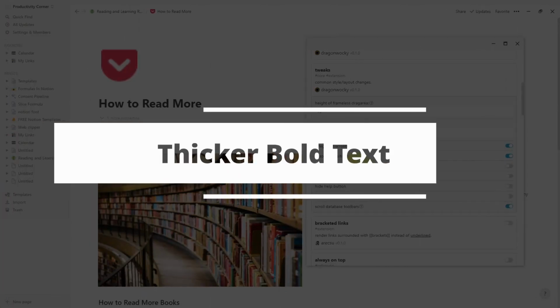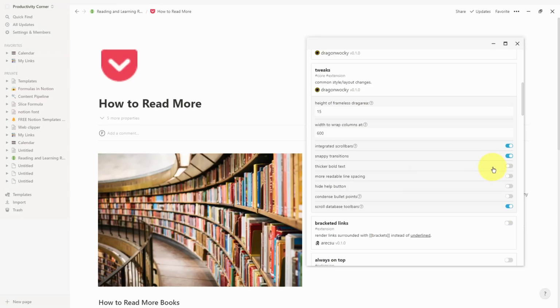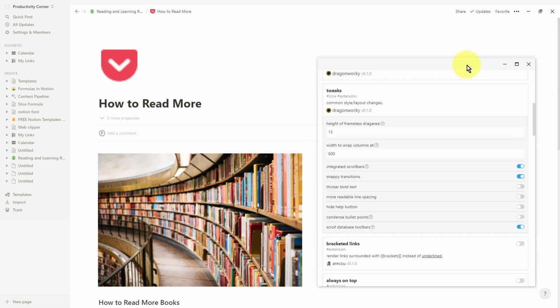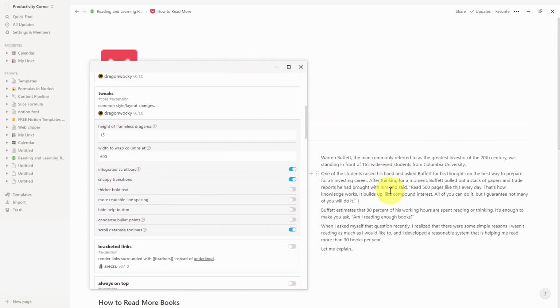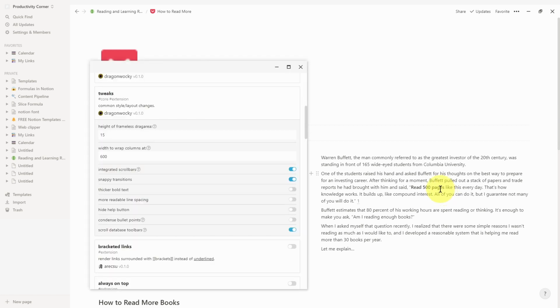So the next feature I'm going to go through is the thicker bold text. By default, this is turned off, but let me just quickly show you what the difference is when you turn this on. So I'm just going to go ahead and make a particular text bold without turning this on, and then I'm going to turn it on to see what the difference is. So let's say we want to be able to make this particular text bold. So we'll go ahead and click this. It obviously makes the text bolder, but it's not as thick as